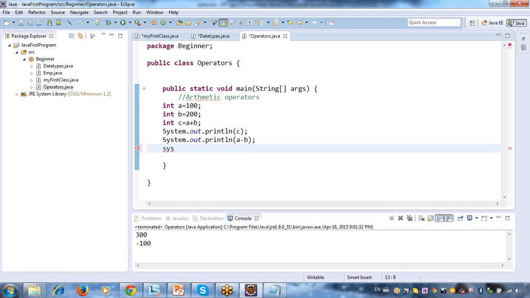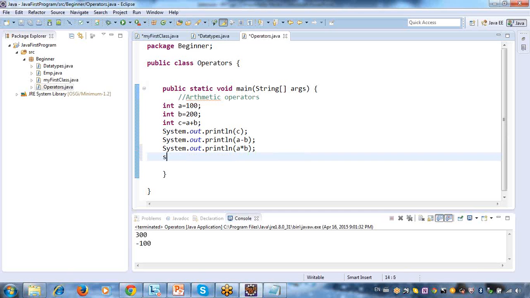Now I wanted to multiply two values. When you want to multiply two values, you can simply say a multiplied by b, and these two values will be multiplied. If you want some division, then you can say b divided by a.